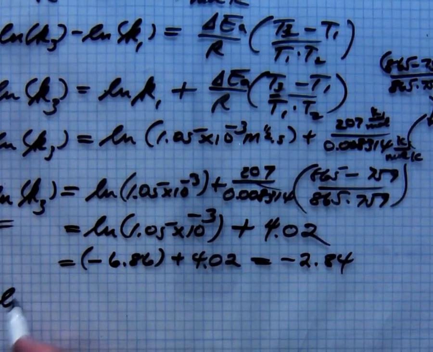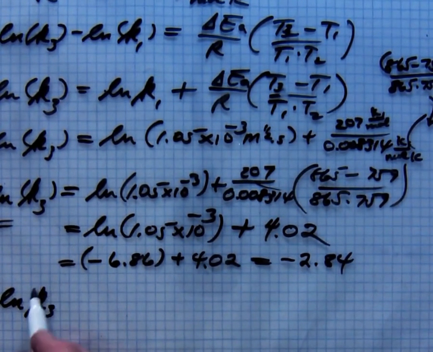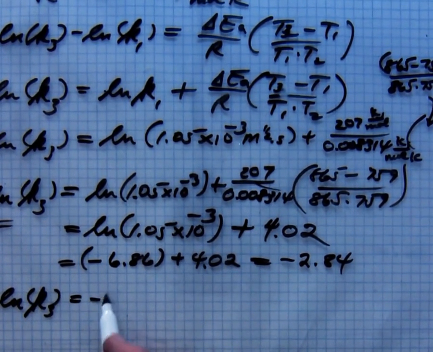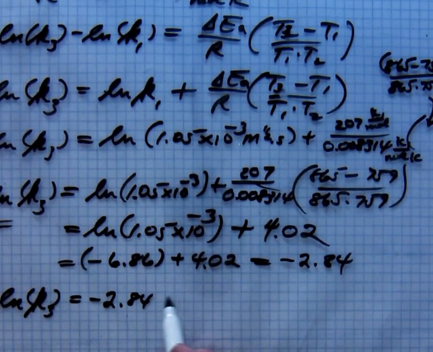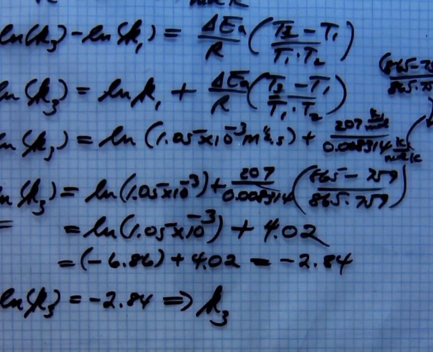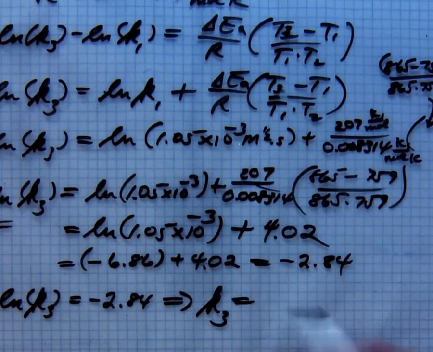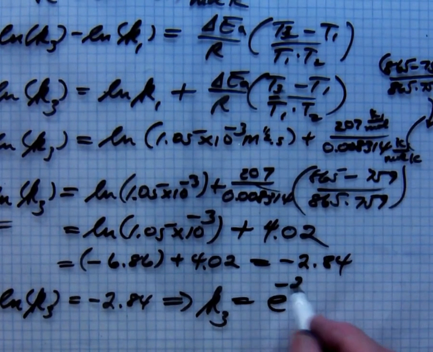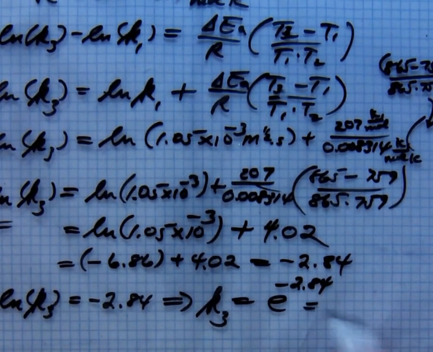So when we look at the logarithm of K3 to equal a minus 2.84, then we can take the analog and get the new rate constant to equal e to the minus 2.84,